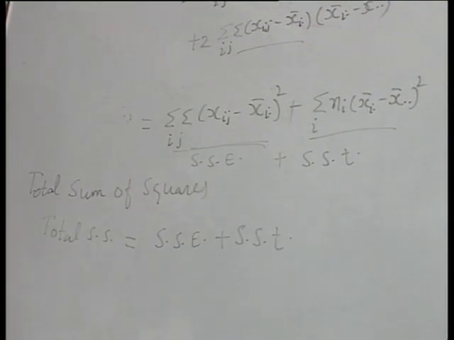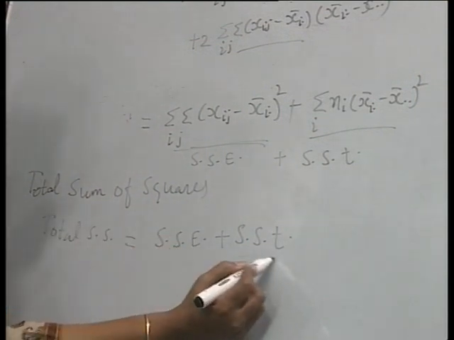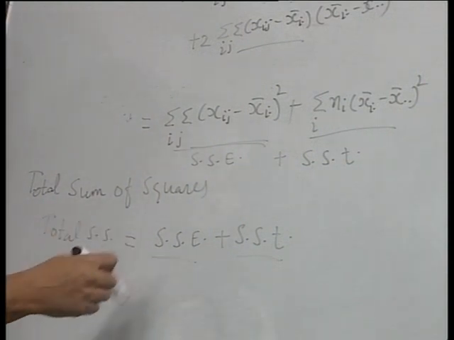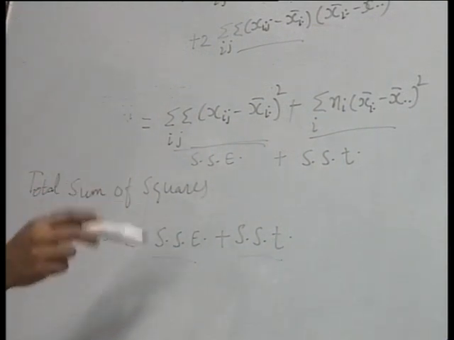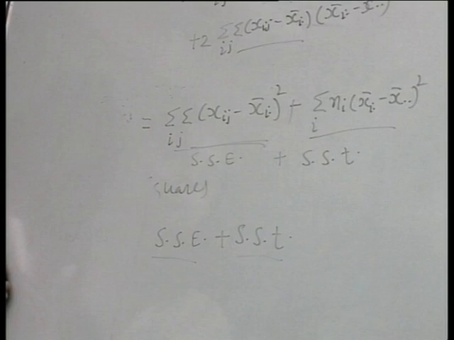So thus total variation is divided into two components, sum of squares due to error and sum of squares due to treatments. Now we want to compare these variations. This sum of squares due to treatments is the variation due to assignable causes, while the sum of squares due to error is due to chance causes. So this is the within sum of squares or the within variation, and this is the variation between classes. This is the variation within classes. So in order to compare this, we use the F ratio test. Now we have got all the three sum of squares, so we can obtain the corresponding mean sum of squares.